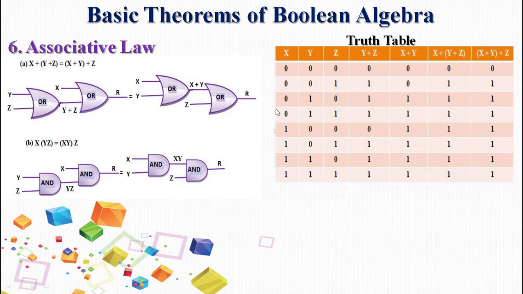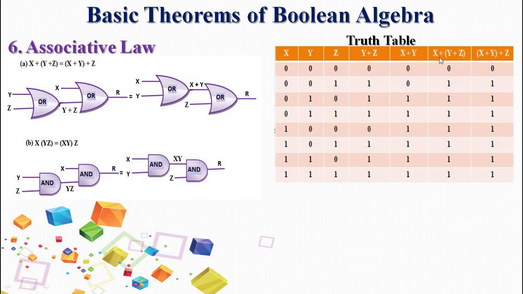So 3 variables, so 2 to the power 3. 3 indicates the variable. Total 8 combinations. 4 zeros, 4 ones. Half of it: 2 zeros, 2 ones. 2 zeros, 2 ones. Half of it: 0, 1, 0, 1, 0, 1, 0, 1. Like this combination. So the first bracket will be solved: y plus z. Then the outer bracket. You see in the right hand side, it is x plus y, the first expression,